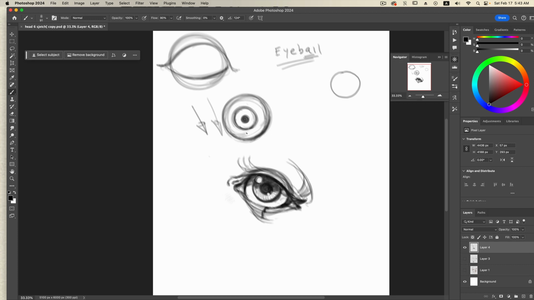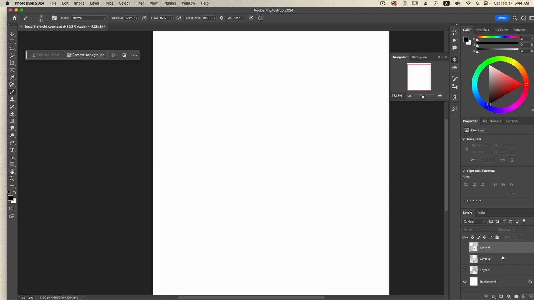So how do we get this to relate to actually drawing this on a human being, right? Okay. So let's move into that. When you're drawing the eyes